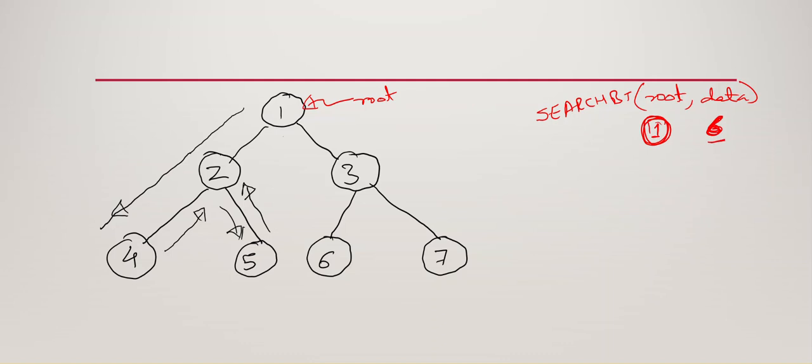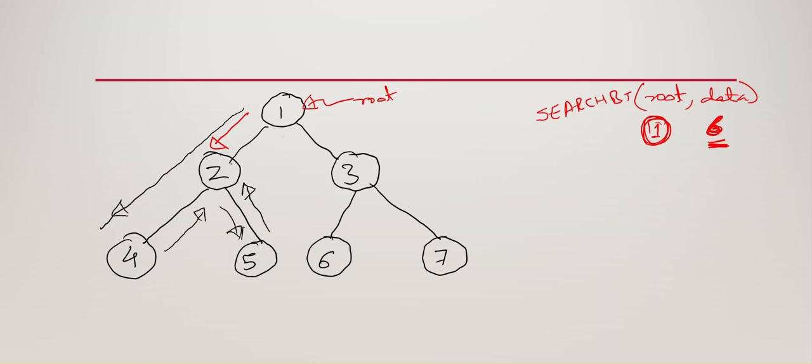So how will we traverse? We will first of all check whether the root node is not null, and secondly we check whether the root node has the same data as the passed data or not. So we'll compare node dot data, that is 1, equal to 6. No, it is not equal to 6. Then we will go to the next node, that is on the left side. We'll traverse toward the left